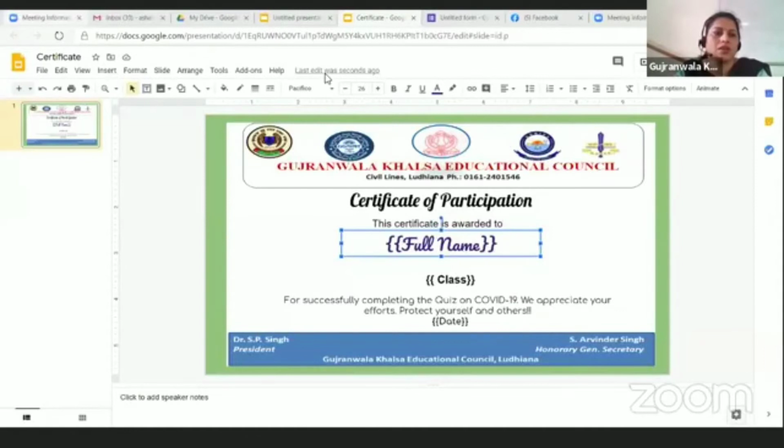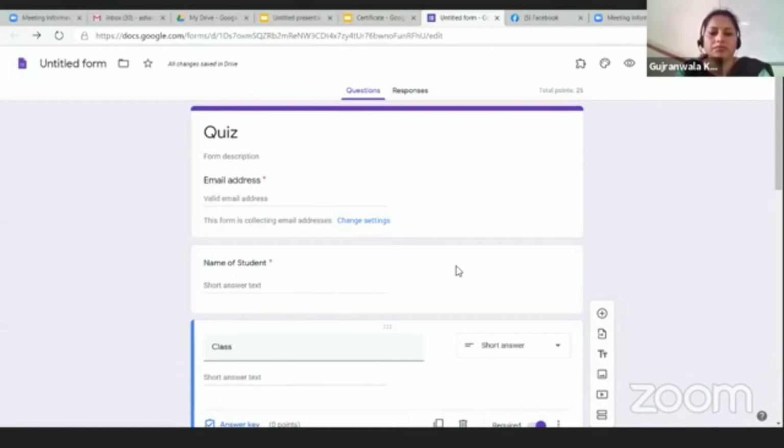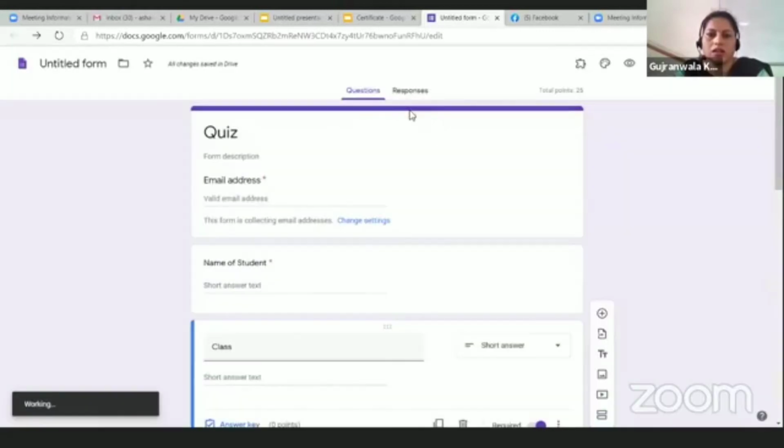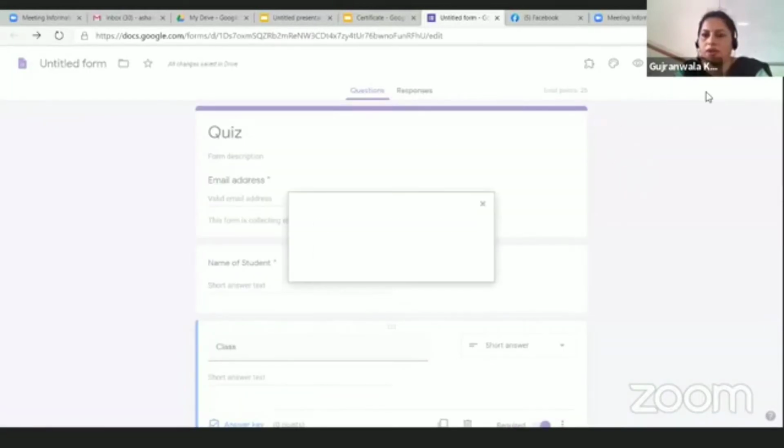How will it be done? Where is my form? Okay. This is my Google Form. Now, click on this button, the add-ons button is there. Here I have already installed Certify-M. So what we can do is, I want to show it actually.